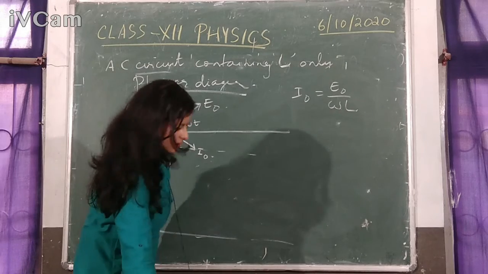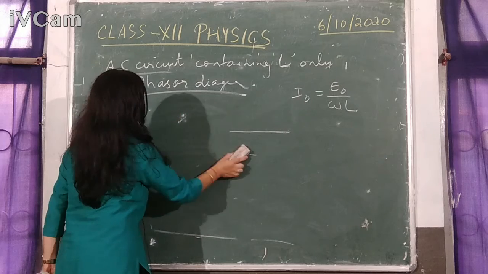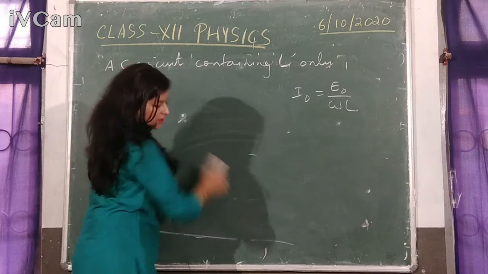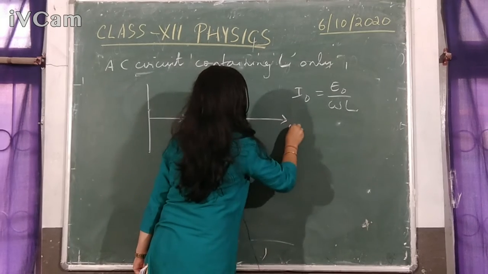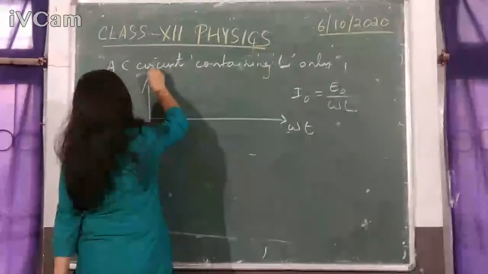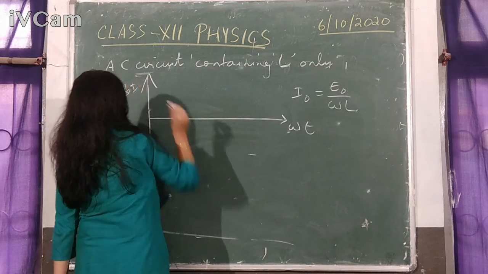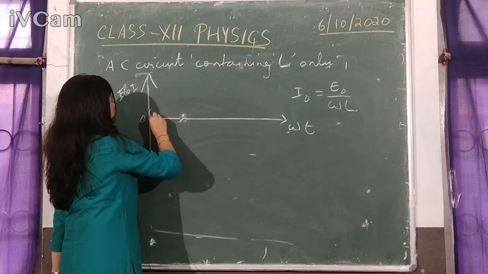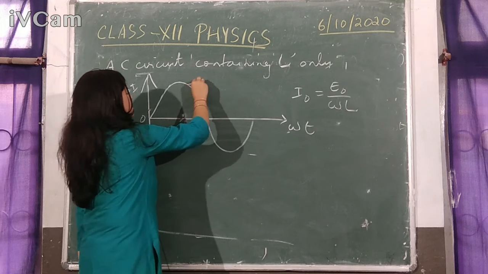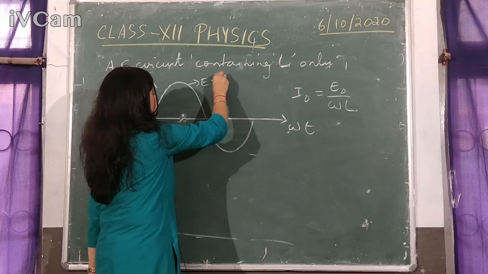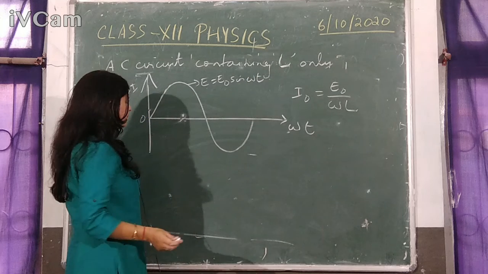Alright, then treating it using a wave diagram, you just have to draw this. Okay, omega t along the x-axis, and here we are going to plot I and E together. Okay, firstly let's just draw E, not a problem. So this is the wave for E, equal to E naught sine omega t. Okay, now for current,